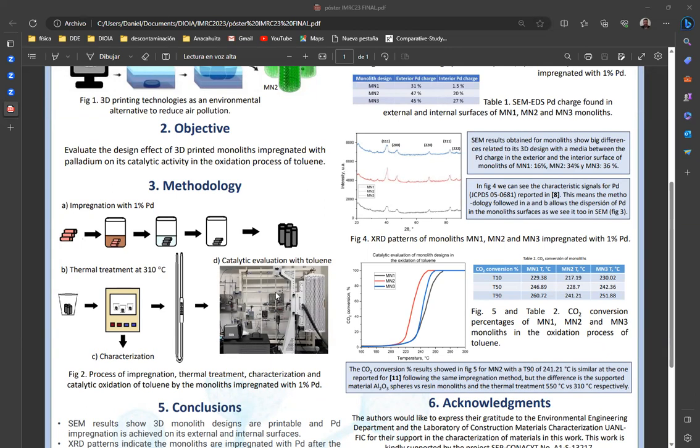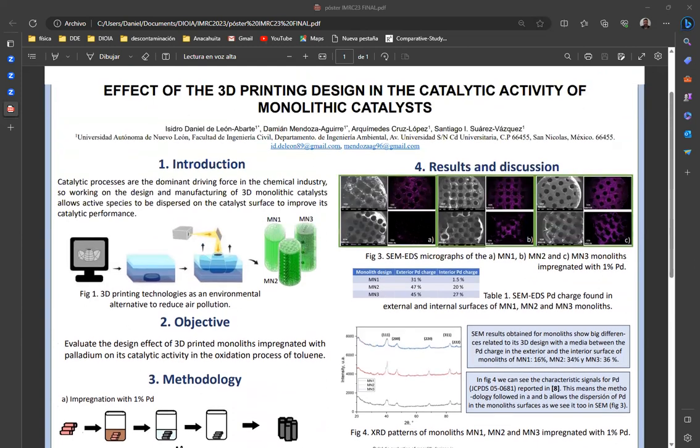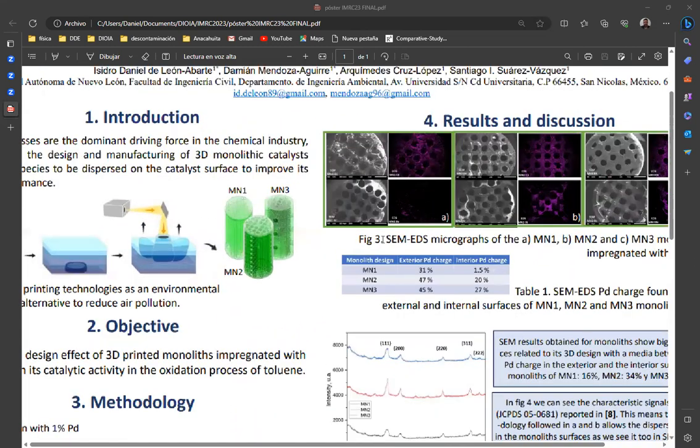Finally, in the last part, the catalytic evaluation for the degradation of toluene was done with the conditions of GHSV of 10,500 hours minus 1, 1,000 parts per million of toluene, and reaching a temperature of 300 degrees Celsius in this catalytic process. Let's go to the results and discussions in part 4 of this